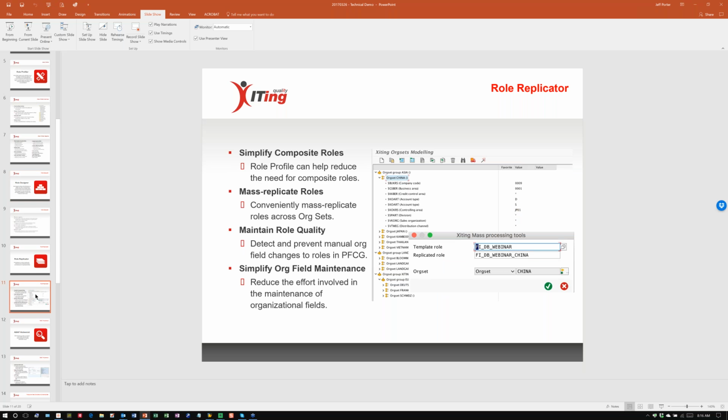So we work with composite roles. If you have composite roles in your system, we can certainly work with composite roles. We can mass replicate roles. So essentially we can create roles, and once you define it, you can replicate that role to multiple different flavors of that role. You can help maintain role quality,